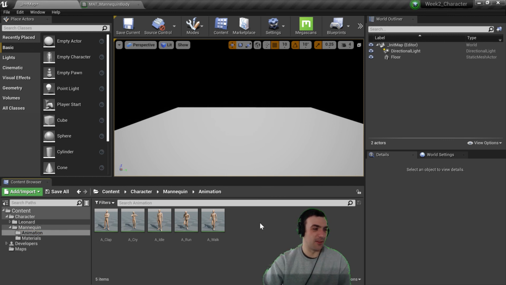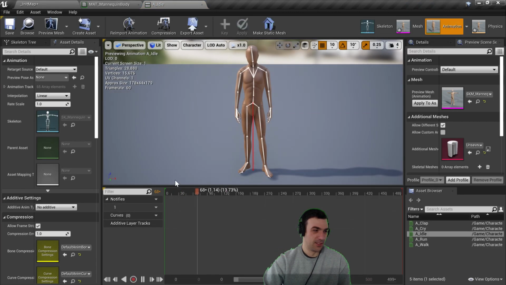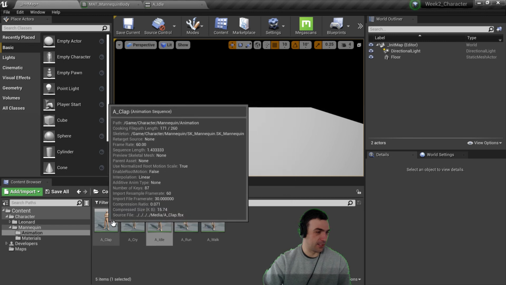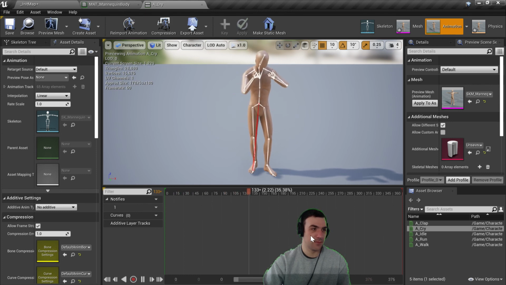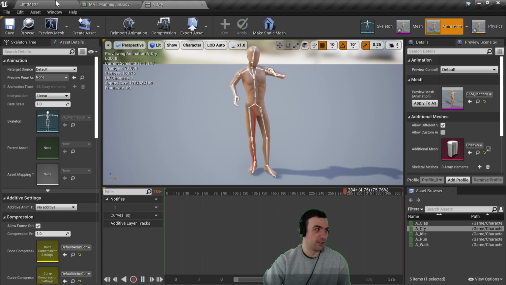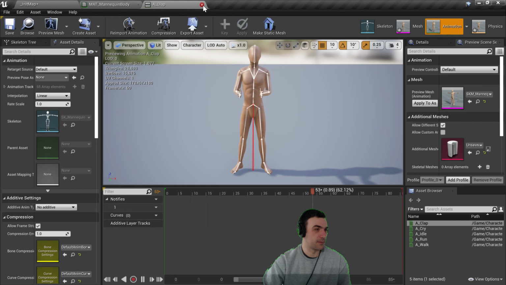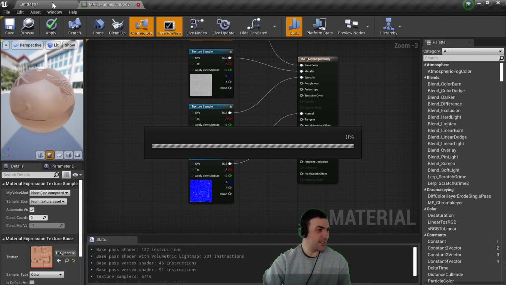And then lastly, we have our animation files, and this is where it starts to get fun. If I double click on animation idle, you can see it's showing an idle movement. There's a little timeline track if we want to scrub through and double check it. And going back, I can also look at this crying animation I downloaded. So I have to hit play. You can see how each of the bones are moving. Try this clap one. And that's kind of it